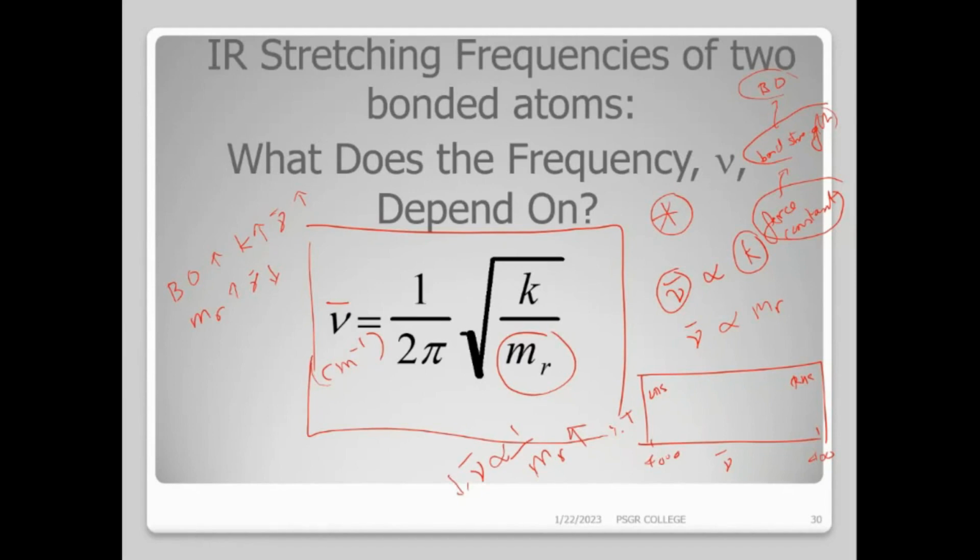So whether I come on the right hand side or left hand side of the spectrum depends upon two things: one is the force constant, that is the bond strength, and the other is the reduced mass. If you grasp just these two, you can solve IR problems, I can guarantee it. IR is very simple. So IR spectroscopy depends upon the force constant of the bond and the reduced mass.